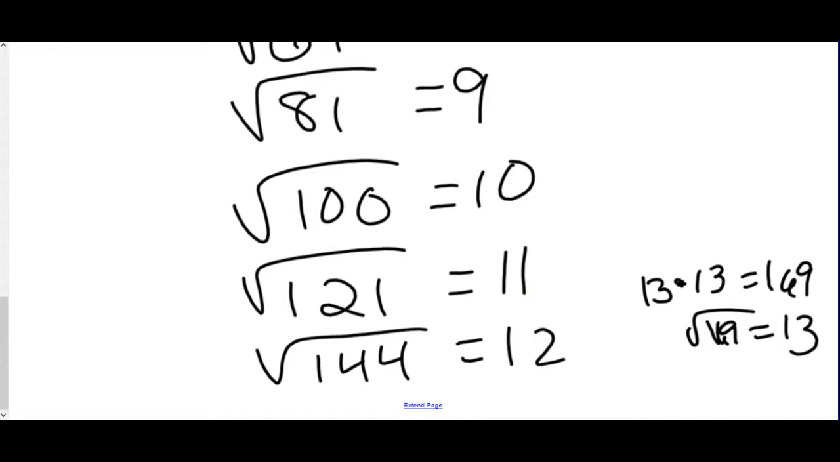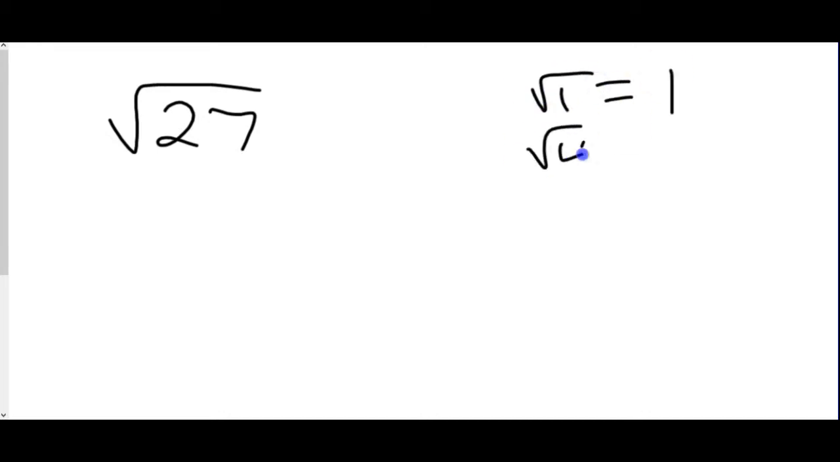Now that we know all our square roots, we can estimate some numbers to see where they would be between. So let's say we want to know what the square root of 27 is? Well, right now, that's not on our list. If we go through our list again, square root of 1 was 1, 4 was 2, 9 was 3,